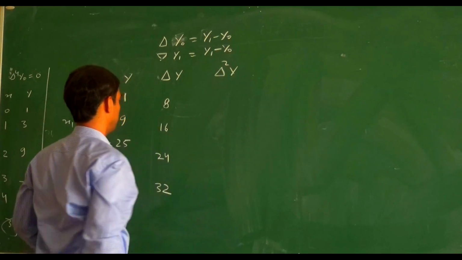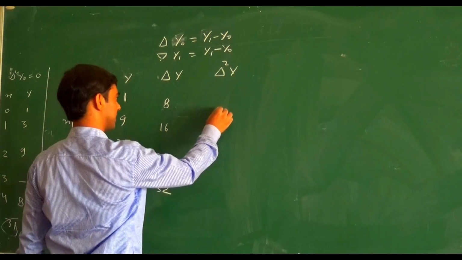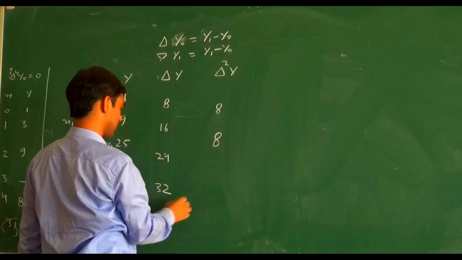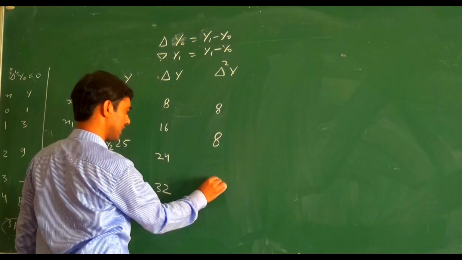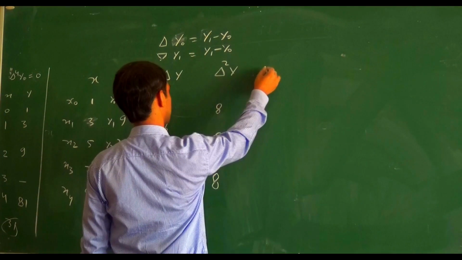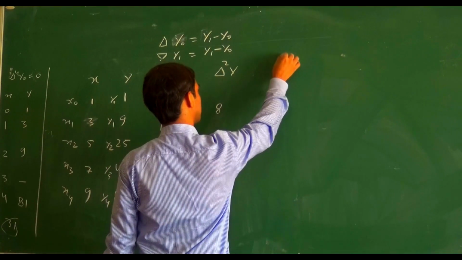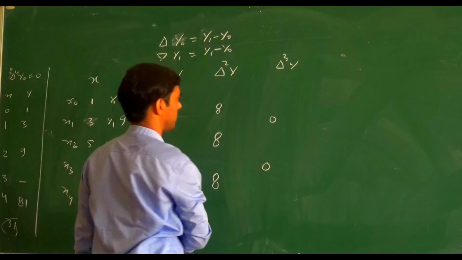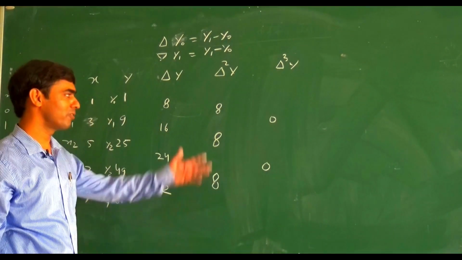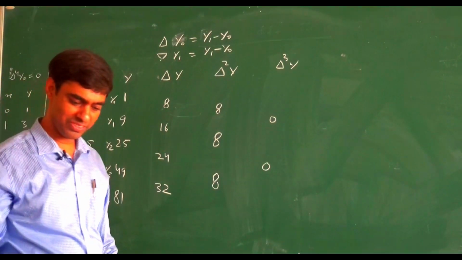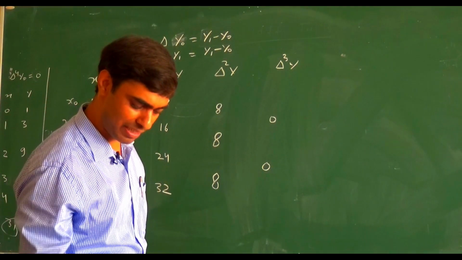Now, similarly, second order forward difference. What is the difference here? 8. And here? This one is also 8. And here? This one is also 8. Okay, so this one is del 2y, and similarly, if you find del 3y, this one is 0. This one is 0. And del 4y, the fourth order difference, is also equal to 0. So, one very important